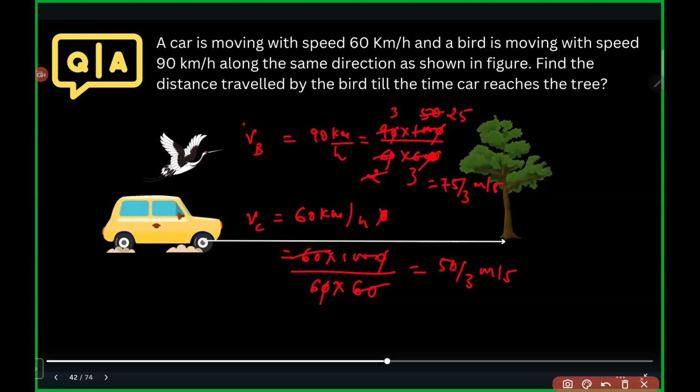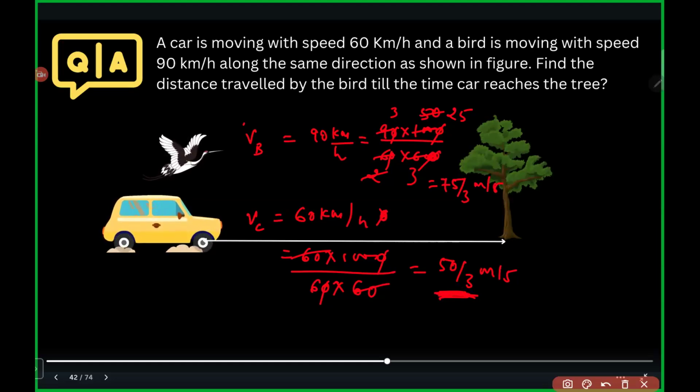Okay, Divyansh, good. Right. Sir, 75 by 3 can be simplified. Yeah, it can be simplified, but I'm not going to simplify. It can be 25, ना? हाँ, इसकी वजह से नहीं किया मैंने सिंप्लीफाई, ताकि मुझे बाद में कैलकुलेशन करने में प्रॉब्लम ना आए। ओके,